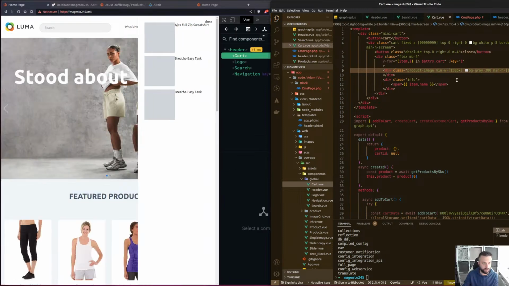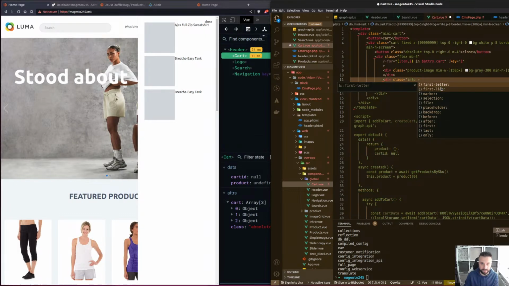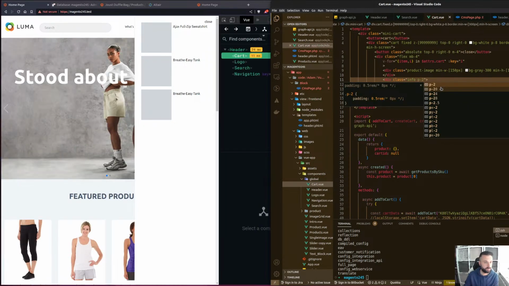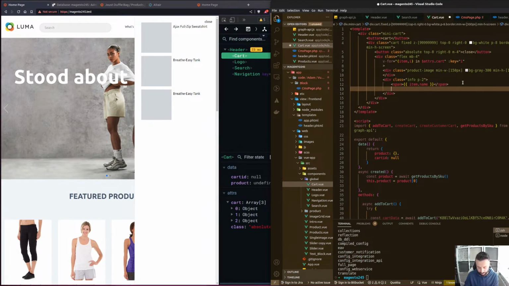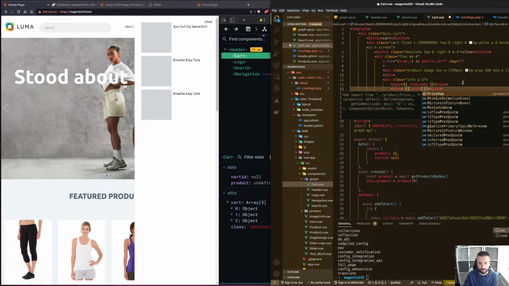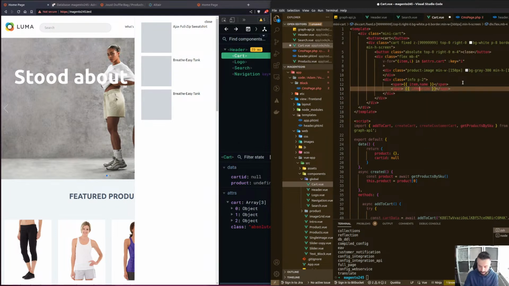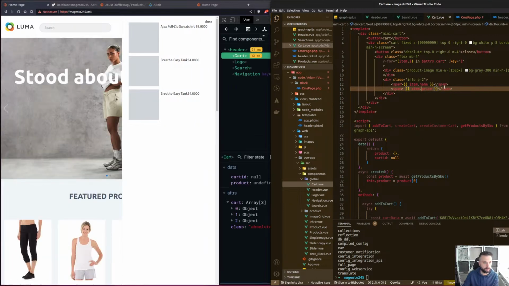Square. Great. Okay, and we're going to add a bit of padding to this because it's a little bit close to the image. Right, let's move it out a little bit. So we're going to have the name, we're going to then have the price. So item dot price. Okay, so it needs formatting that price, doesn't it? But we'll also make these block